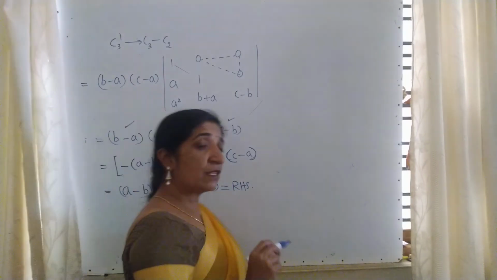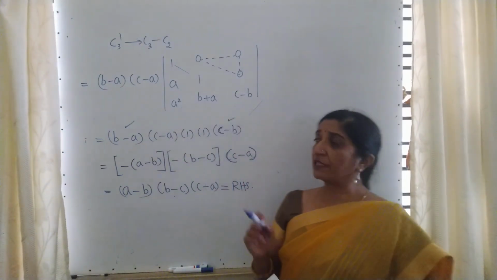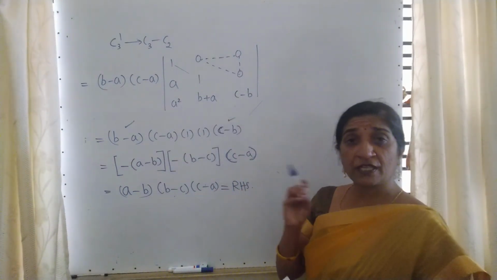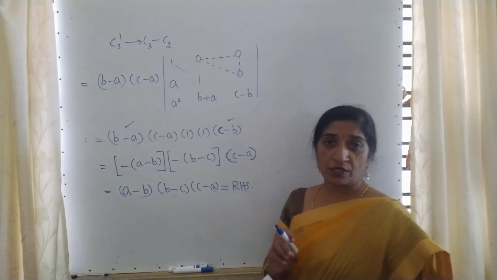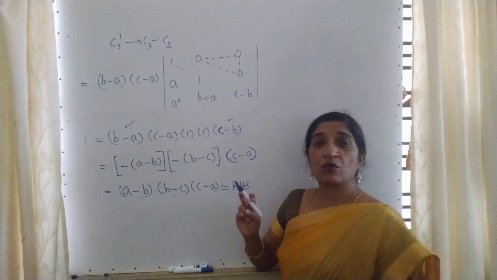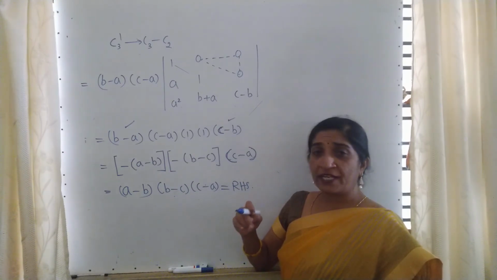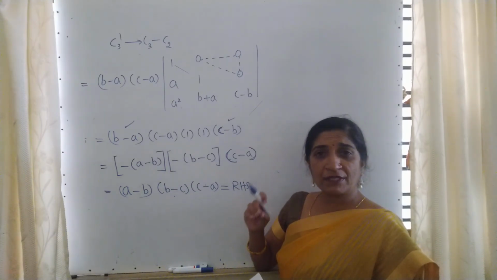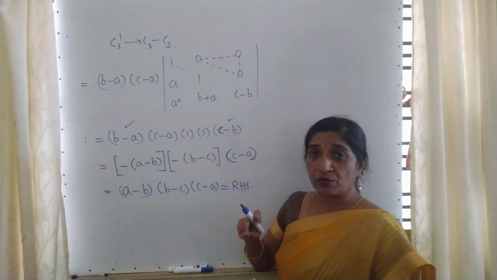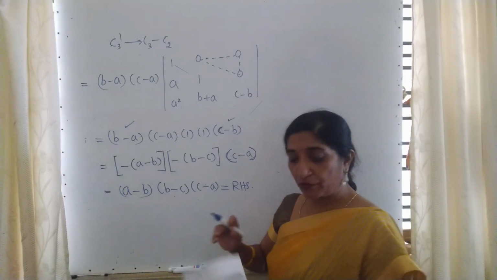Now tell me students, how are you feeling? Are you feeling it is easy or what? So we can solve the example using that remark, that is the note. If you are thorough in the note and if you know perfectly which is a row and which is a column, then without any tension you can solve so many examples. Give some work for your brain also. It helps to improve your thinking power.